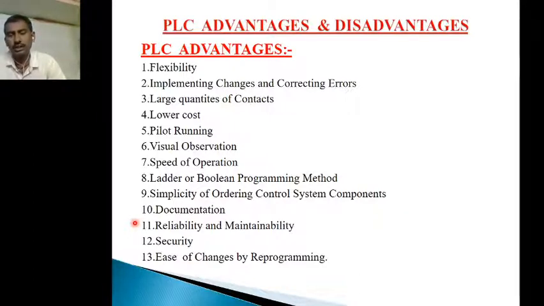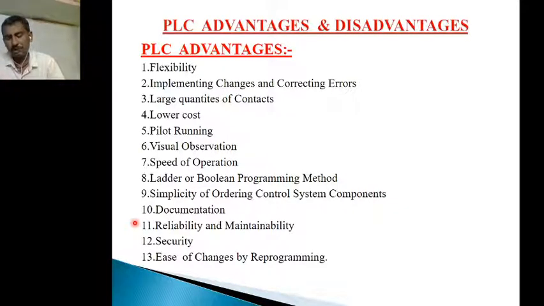Coming to the advantages of the PLC, we can discuss them one by one. The first one is flexibility. If you go for normal relay operation, in order to control any device we definitely need one controller to control the operation of that particular device.